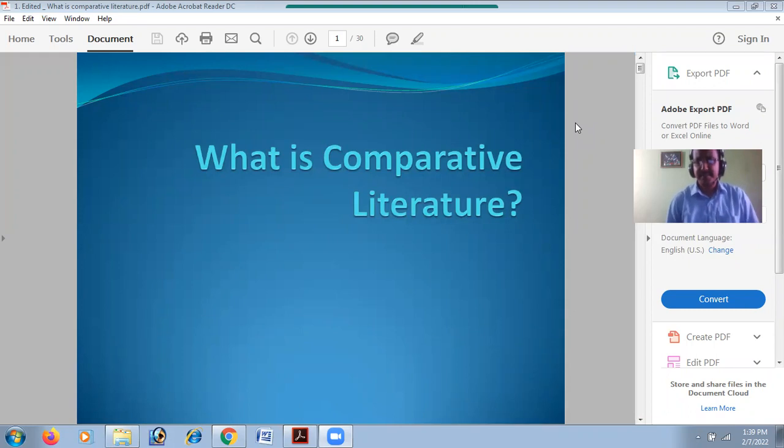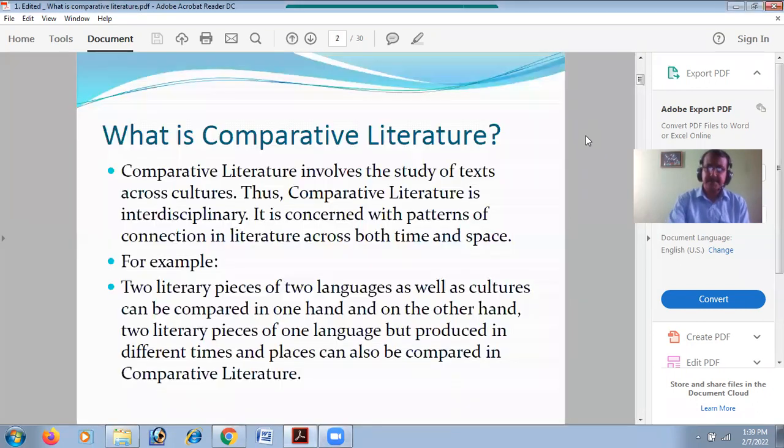Now, what is comparative literature? As I have told you, it is a new course, and for this reason, we will be trying to understand the course from the very initial stage. And what I was saying is that comparative literature involves the study of text across cultures, very broadly speaking,